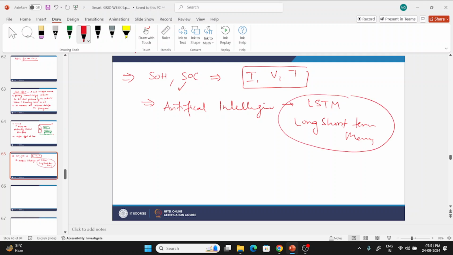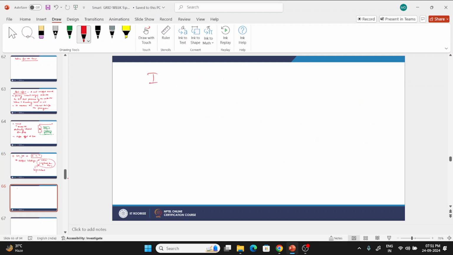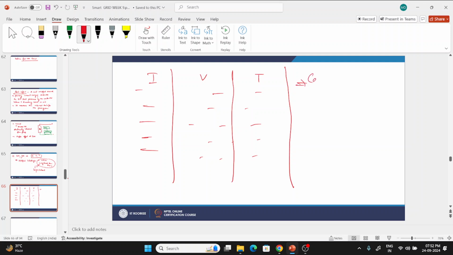तो इसमें क्या होता है, it requires a large data set, large डेटा सेट चाहिए होता है। वो डेटा सेट किसका होता है, I का होता है, V, temperature, ये एक तरीके का डेटा सेट होता है। At each temperature और each temperature the values are there, based on that data set it generates